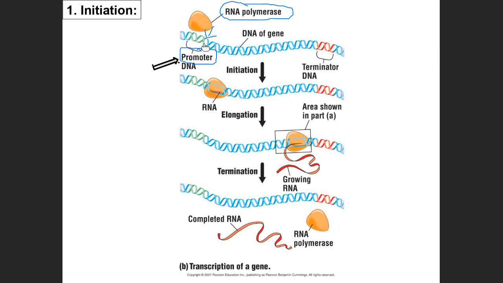What will happen then is once RNA polymerase locates the promoter, it will then unwind and separate the parent double-stranded DNA, creating